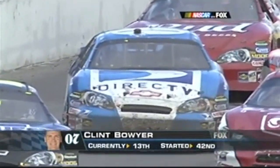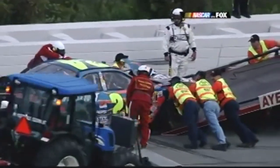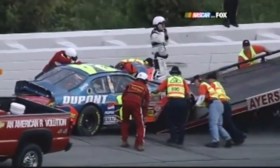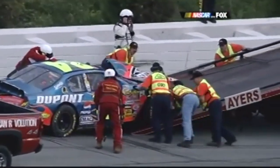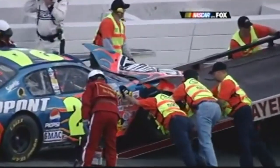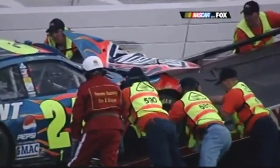Jeff Gordon climbed from the car. He is okay after a very hard crash, and one that will take him out of the Nextel Cup top 10. He's taken the mandatory ride to the infield care center. He said to his crew before he unhooked the radio that the brakes let go. Now let's update you on what we've got here. We're probably going to get this race restarted with about